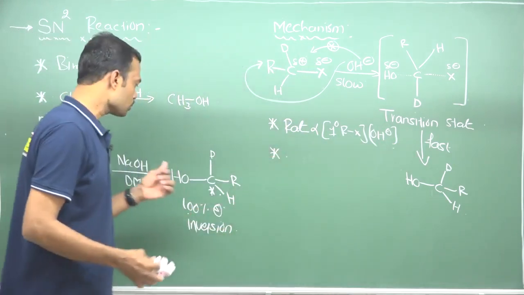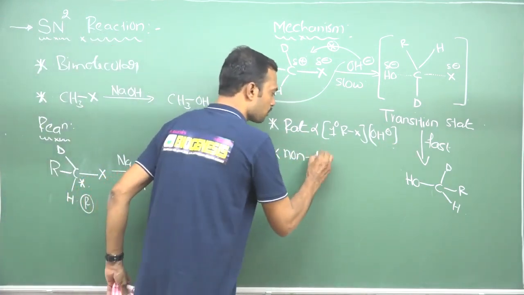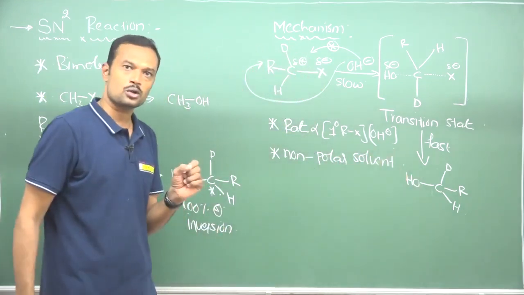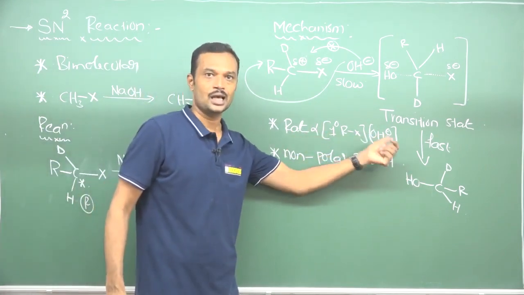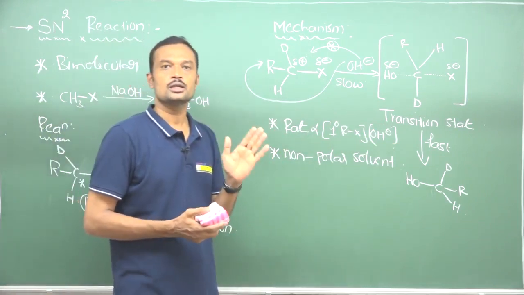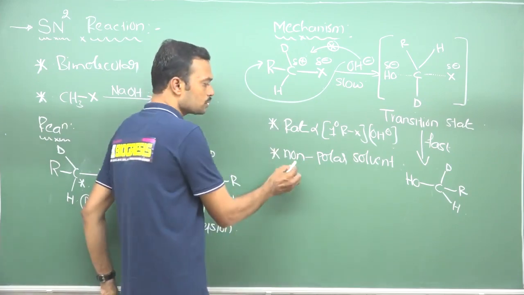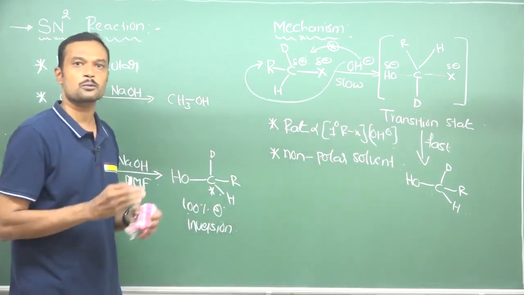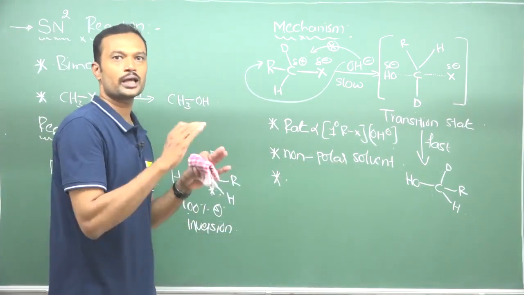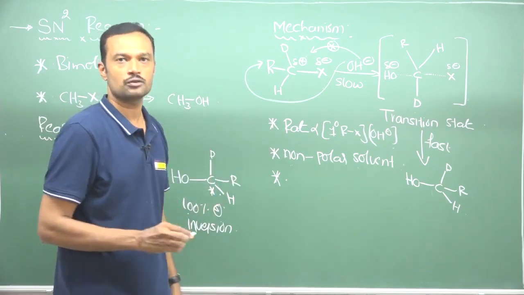We need to use it in the presence of a non-polar solvent. Always remember our reagent is going to be used in the presence of a non-polar solvent. With the help of this non-polar solvent only, nucleophilicity will increase. If you are using a polar solvent, that polar solvent will form a layer around the nucleophile and that will decrease the nucleophilicity of the reagent. That's why in this particular reaction we are going to use only a non-polar solvent. By using this non-polar solvent, what happens to nucleophilicity? There is no layer around the nucleophile. When the layer is completely removed or stripped off, then nucleophilicity will increase.